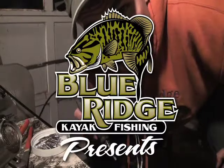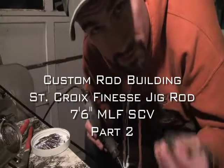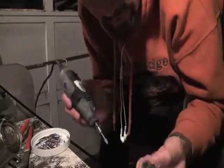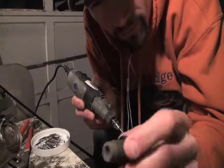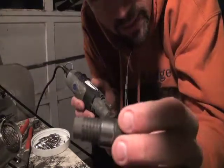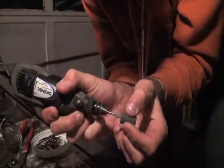This part can be kind of tricky. You want to go easy on the graphite arbors as you're making them fit. You really do have to take a good bit out of the middle here. And the outside, you want to be able to shove it in there snug like I just did. And very gradually,